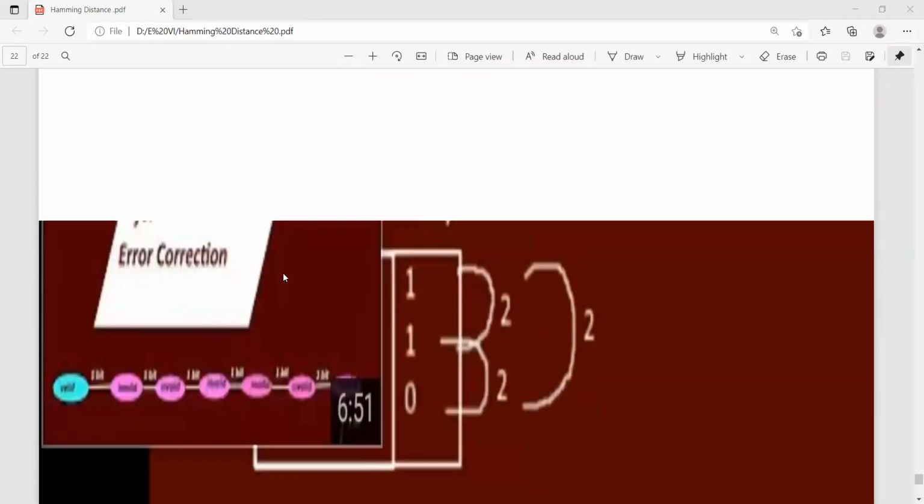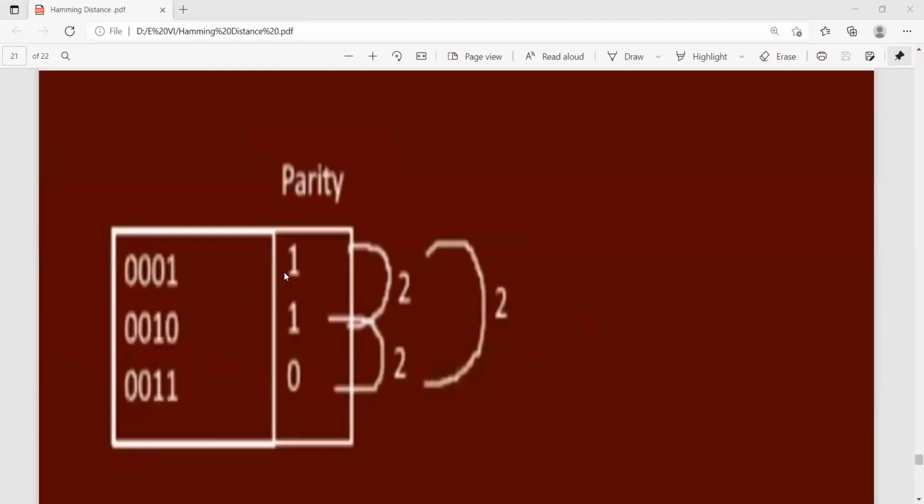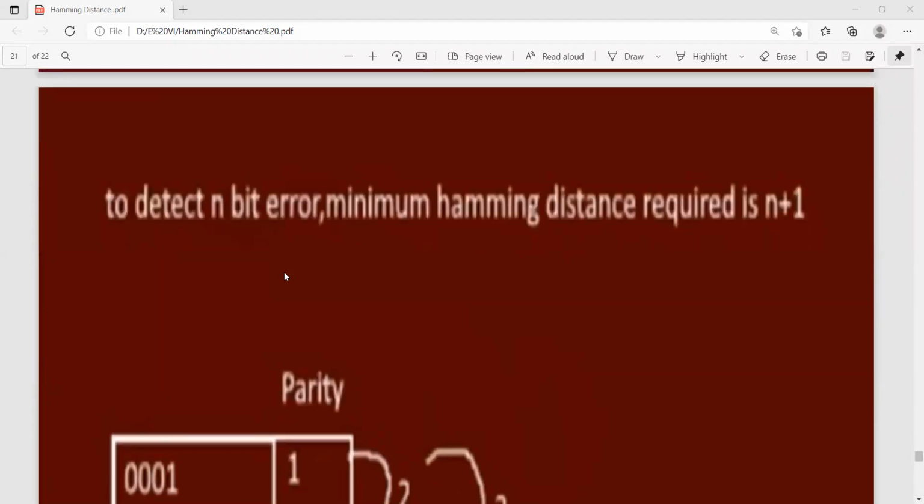So like this, there are different methods to find out the Hamming distance. The Hamming distance is based on how many mismatches are coming in the received data.